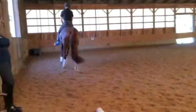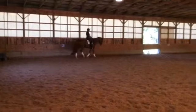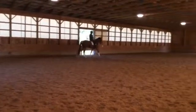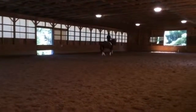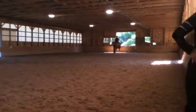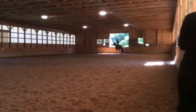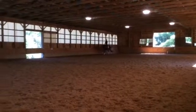Maybe one more the other direction or something. You could probably just stretch him. I don't know how much you do with him. Yeah, fairly short, usually. Awesome. It's a little early, but it's up to you if you wanna do a little more trot work. Let's leave the canter, and maybe this is starting to feel